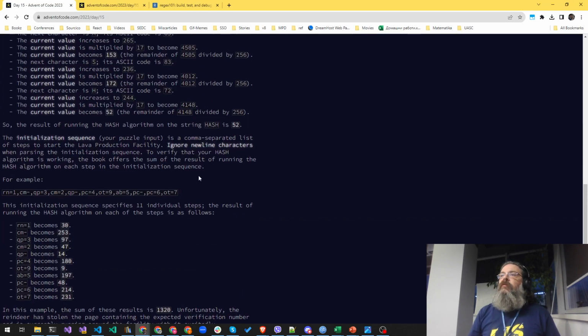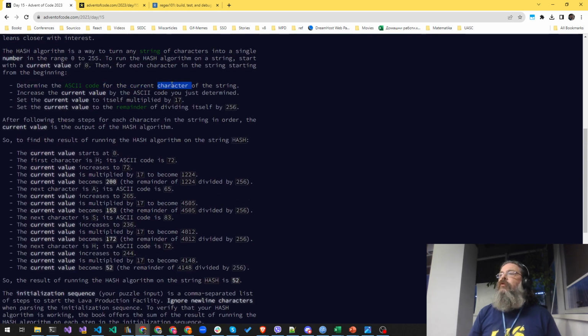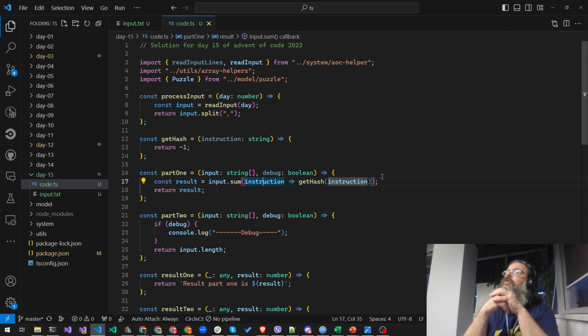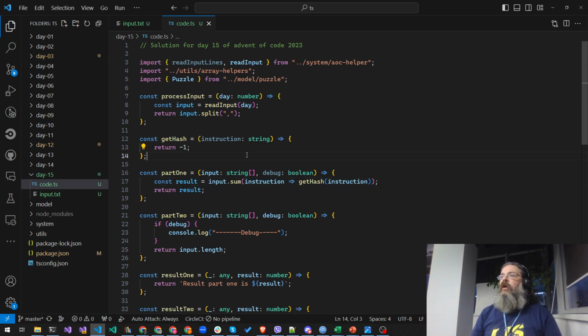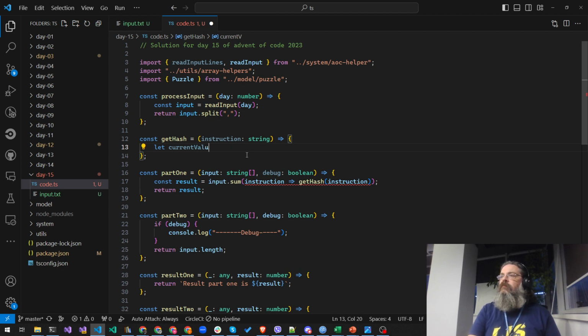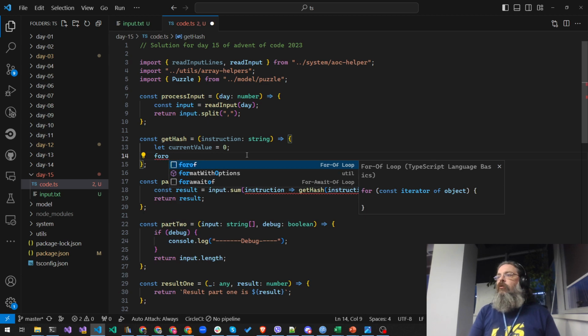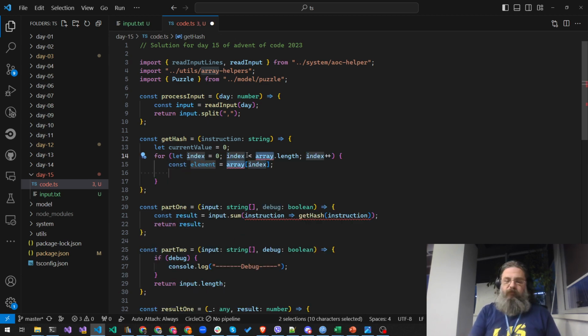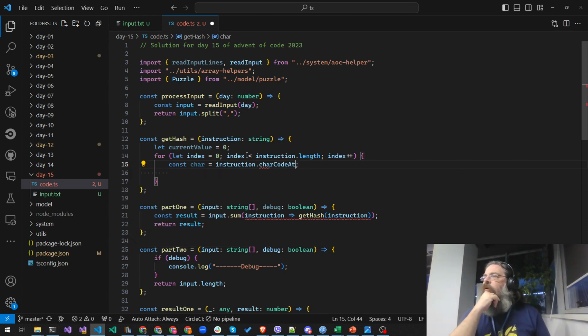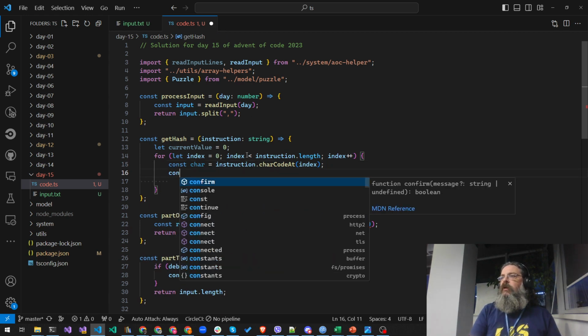And what is the algorithm that we actually need to do? For the current character of the string, increase the current value, and the current value is 0. Oh, we cannot. Yeah. So we have our current value. And we're gonna just loop through all of the characters. Do we need to take that, or can we use this thing, char code at index, and let's just console log that,